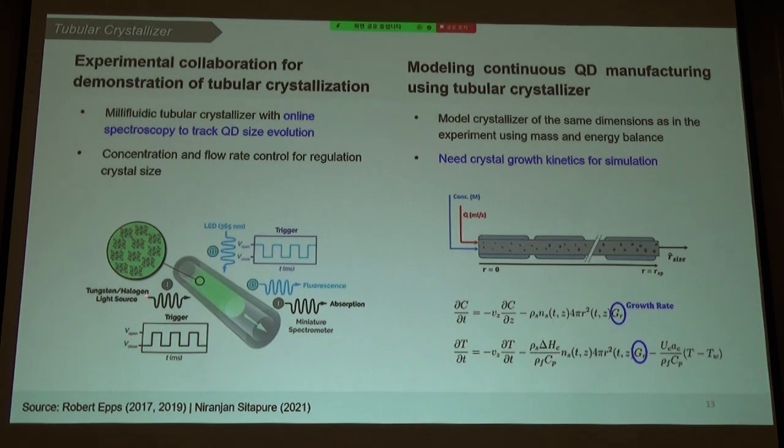I think the total length is about 1 meter, and he intended to say milli-fluidic. Okay, so I will just adopt his expression there. And the good thing is that once they inject small seeded nanocrystals, which are nothing but QDs, they will grow all the way as they travel